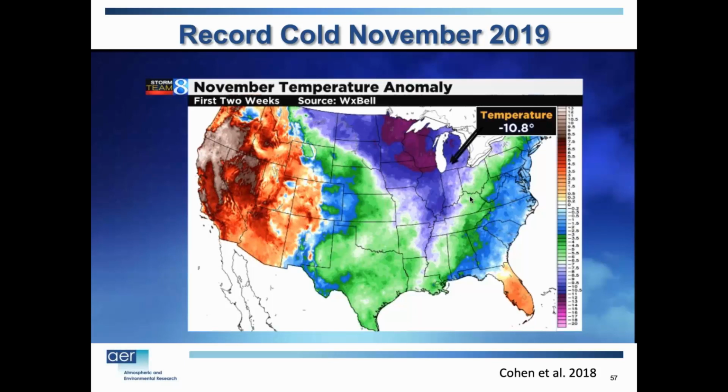Last fall, here in the East U.S., we had a very strong cold outbreak around the holiday season, end of December, early January. The gas almost ran out in New England. That was one of these types of events.